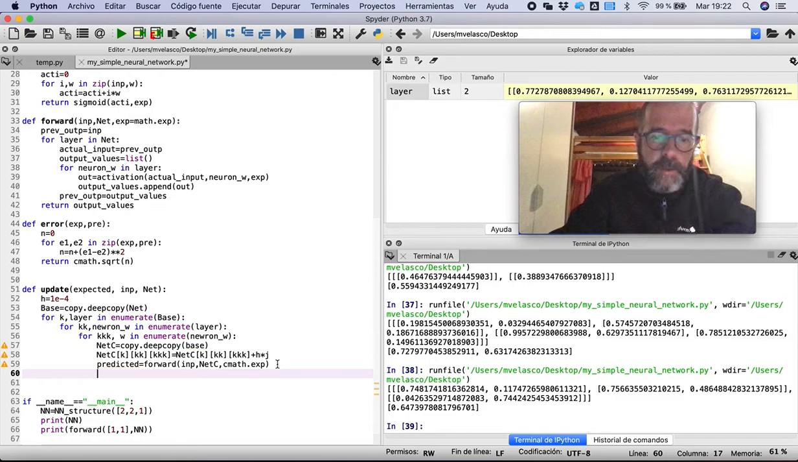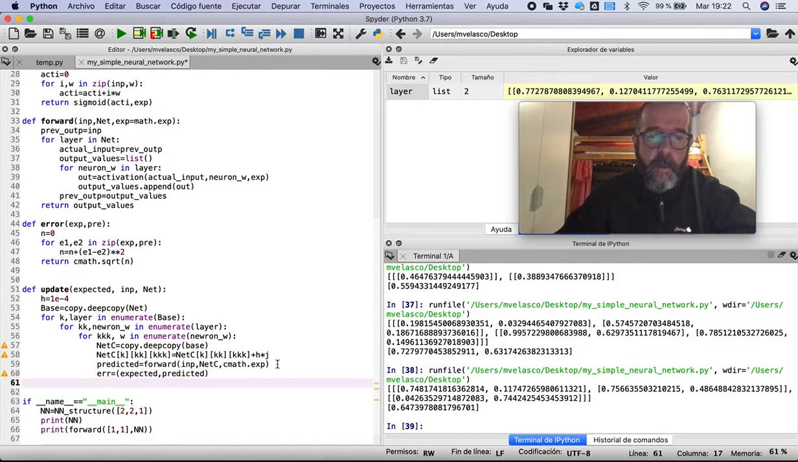Now I'm going to compute the error. Error is equal expected, comma, predicted. Now I get an error which is a complex number, and the imaginary part of the complex number is the derivative of the error with respect to the weight. And now I'm going to update the weight of the original neural network. Net k, KK